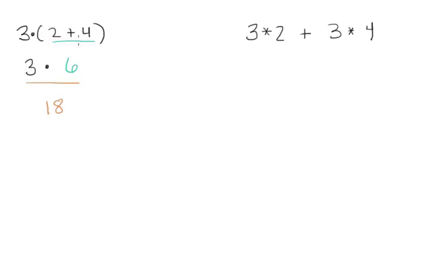Now let's see, is that the same as 3 times 2 plus 3 times 4? Let's see. Remember, before we add, we have to multiply. 3 times 2 is 6. 3 times 4 is 12. Then I can add those together, and this is equal to 18. So this is what I want you to show, that these are equivalent. When you get to number 2,